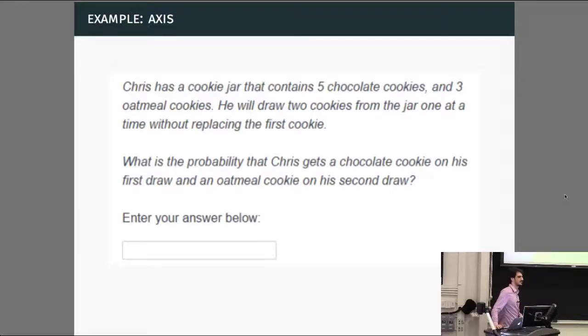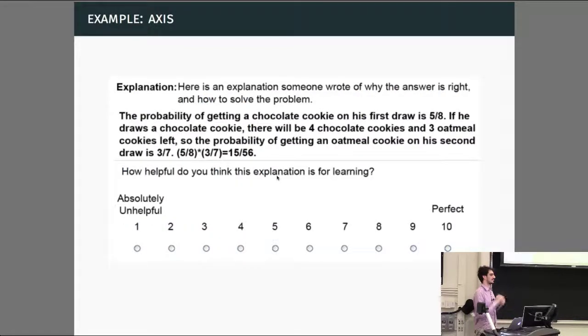But it still illustrates how this could have been used in a course, and hopefully it will start gaining traction. This is just an example of a problem that they tested. These are simple math problems. Here, the problem is a probability question, and they're asking the crowd workers to enter the answer to the question.